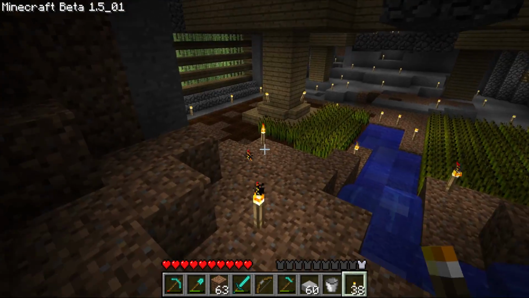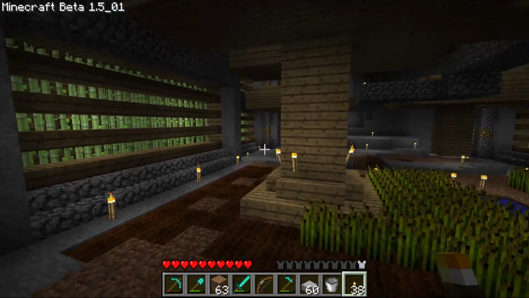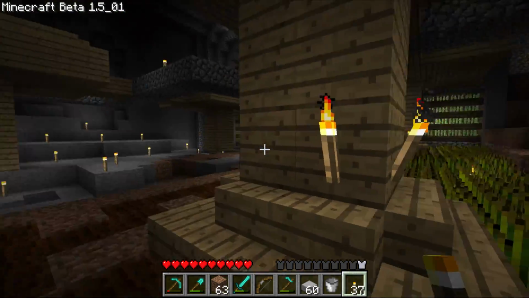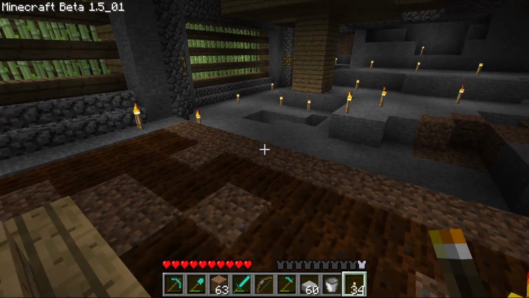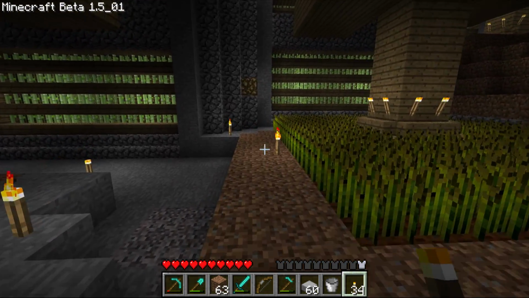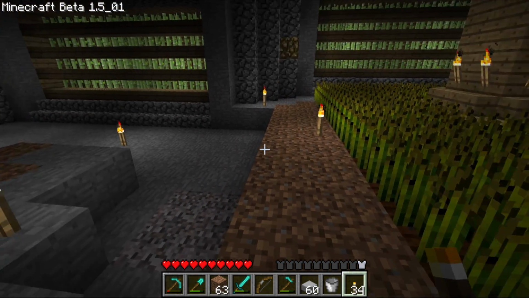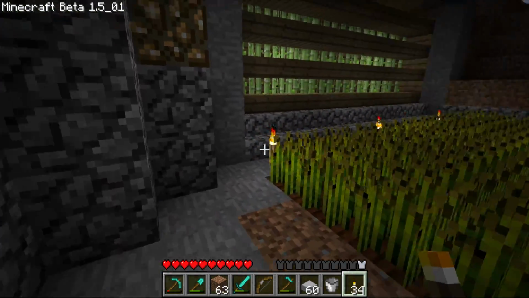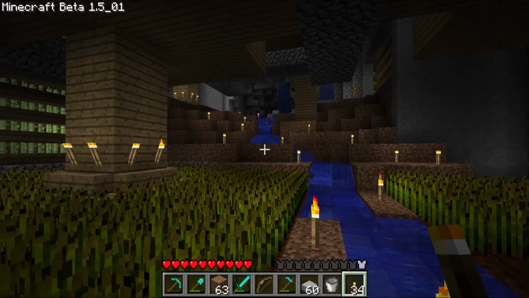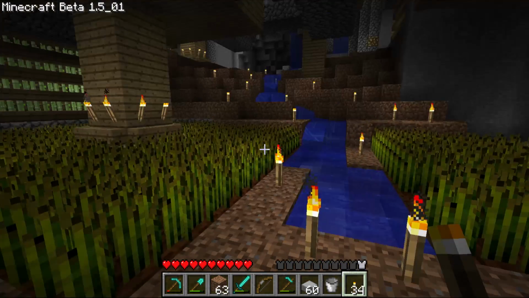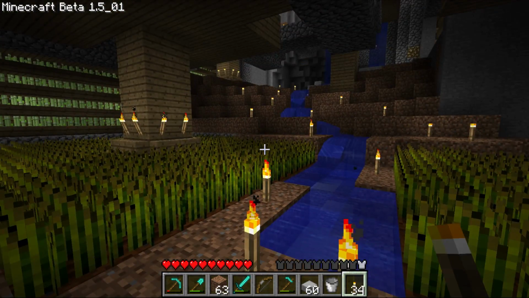What was I going to say? I forgot. Oh, I think it's in 1.8 that we can grow jack-o'-lanterns, pumpkins. The farming update, I think. Do we get melons in that one? I don't even remember. I'm going to have to look that up. But sooner or later when we can make the jack-o'-lanterns, we can grow them. We can get rid of a lot of the torches.